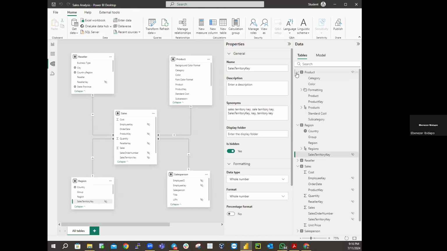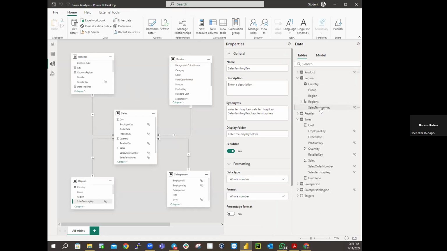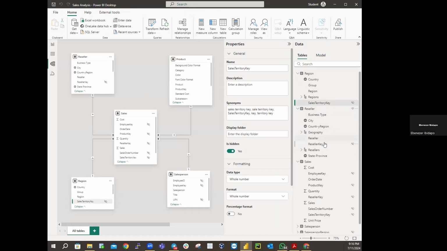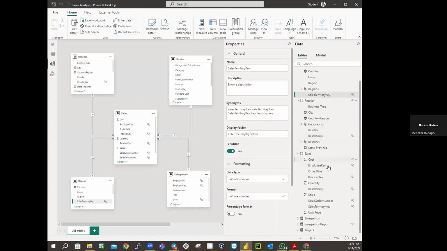If you remember the time we hold the sales territory key, we hold down our control key, we expand the seller, we select the seller key, we come to sales, we select employee key, product key,